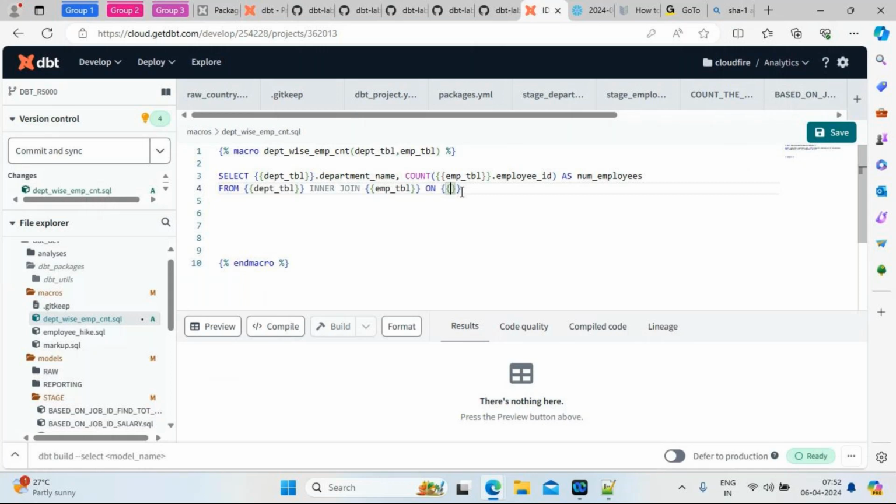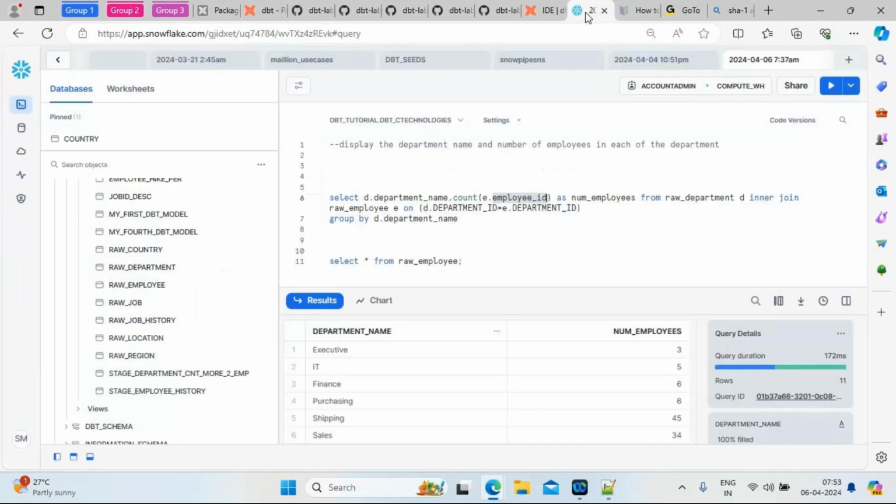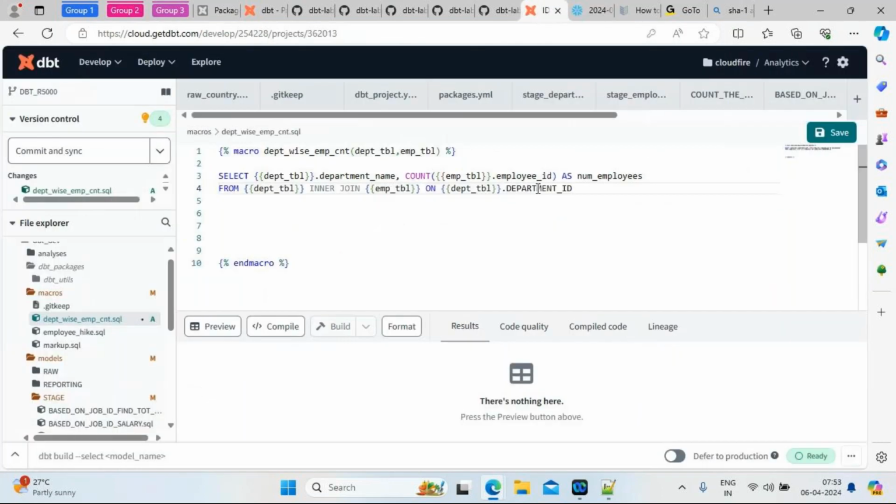What should we do? Department ID dot department table. Sathish, first listen and then speak, I'm telling you. Dot. What is the column name? Department ID. Department. And then equal to